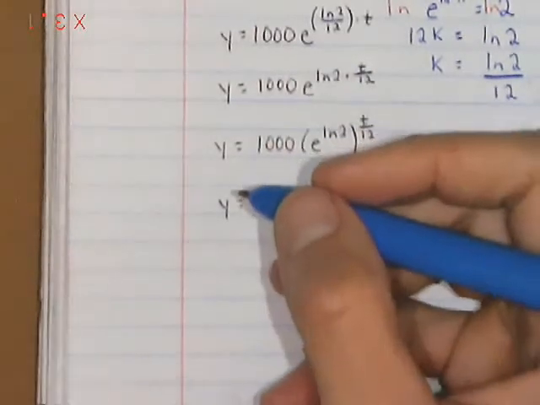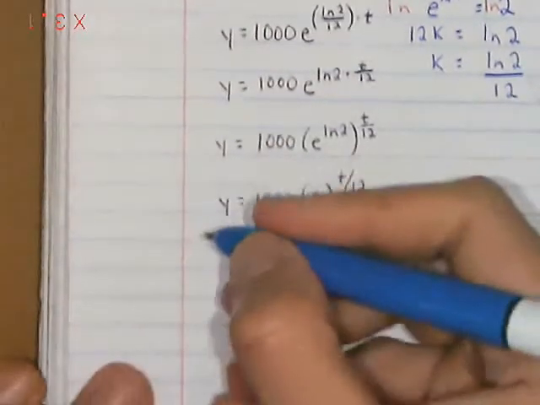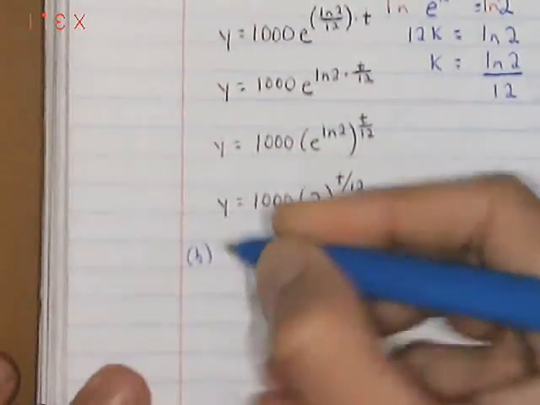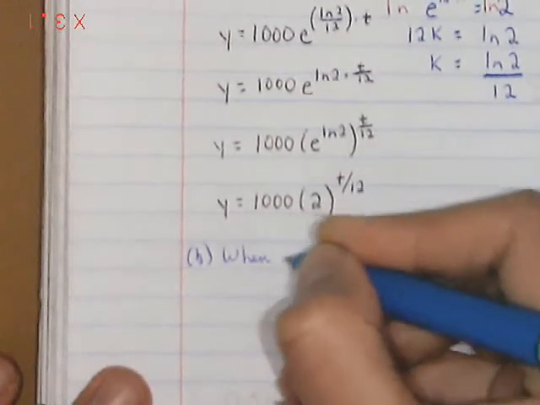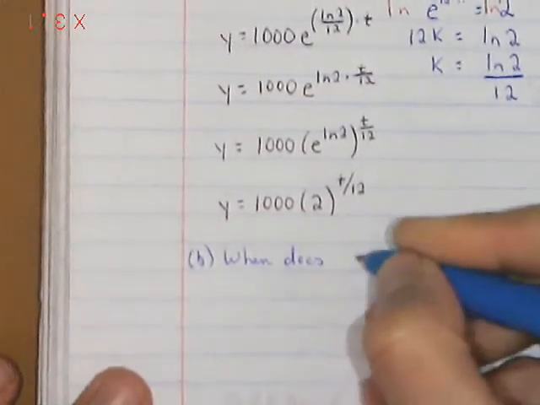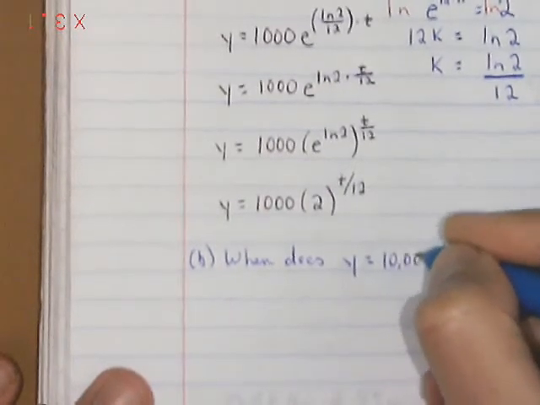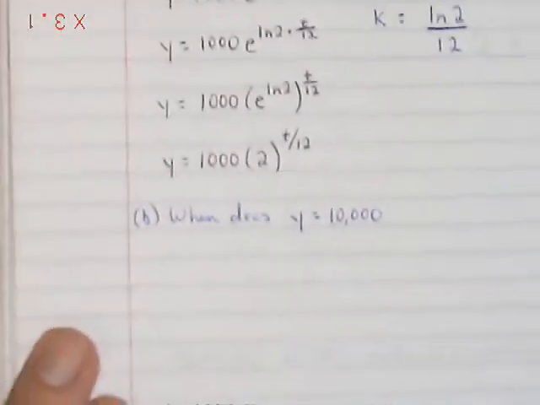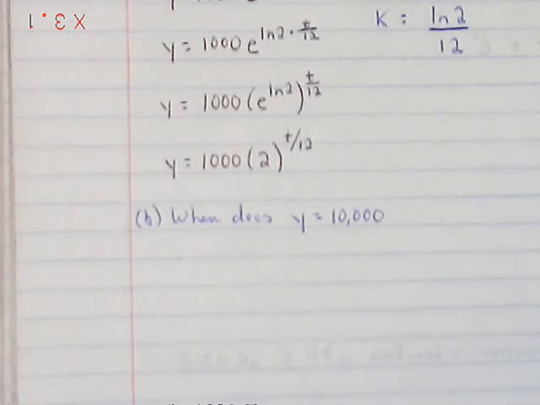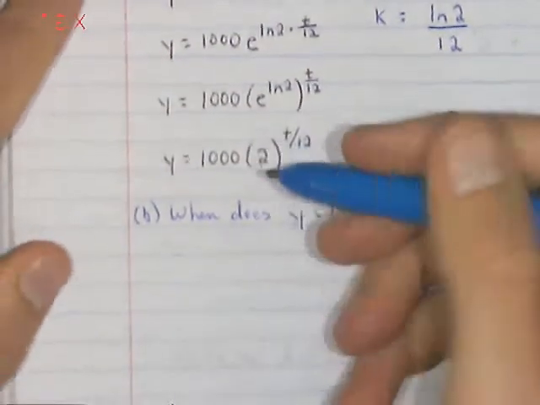Part B asks, when does population, or when does y reach 10,000? Okay. In other words, we need to solve the equation